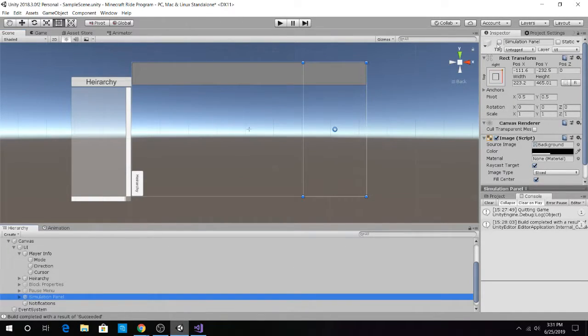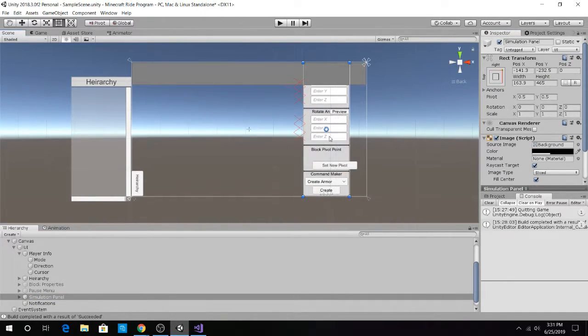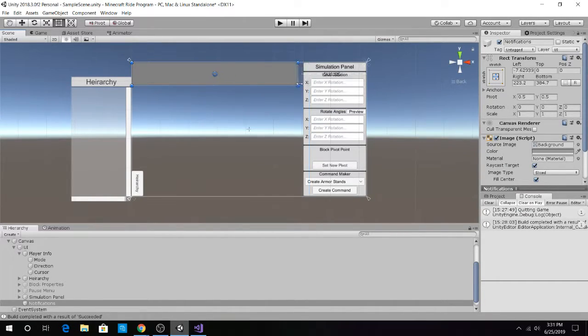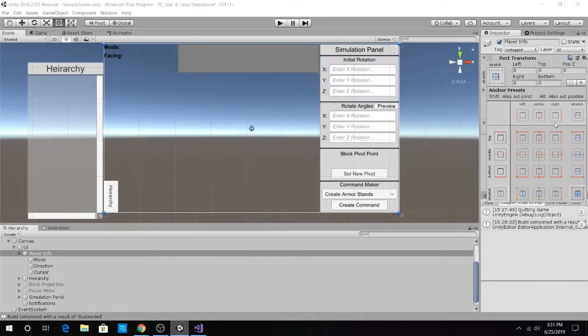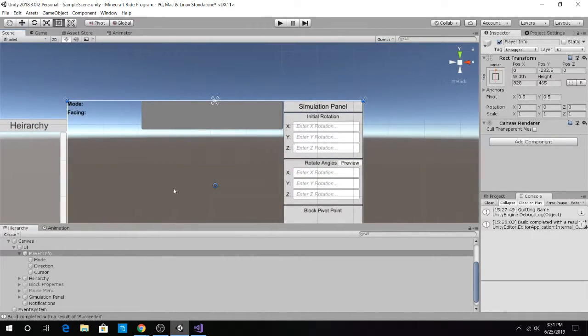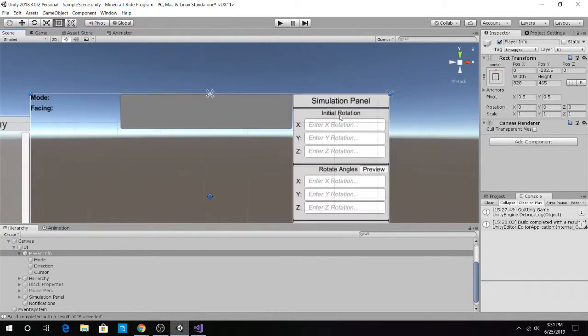Okay, let me see how, let's see. So that, nope, not that. Let's move you like so. And then right here. We don't want him to stretch, we just want to put him in the middle. Like that. And then this guy,